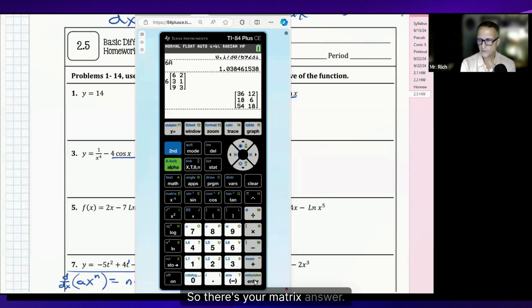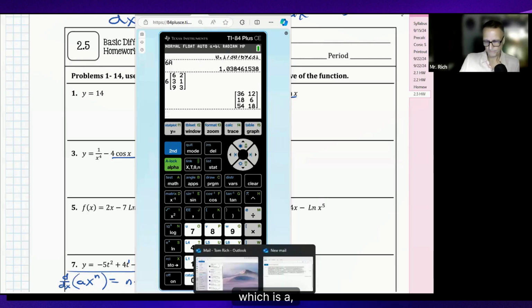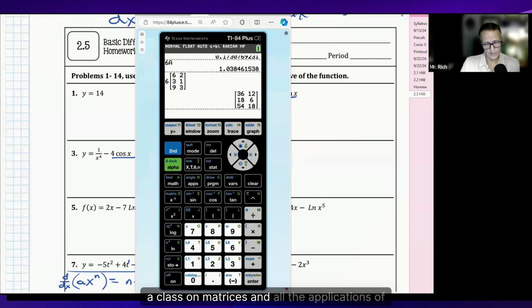So there's your matrix answer. So you can do a lot with matrices on the home screen. When you go to college, if you do take a linear algebra class, which is a class on matrices and all the applications of matrices, you have an entire menu here on your